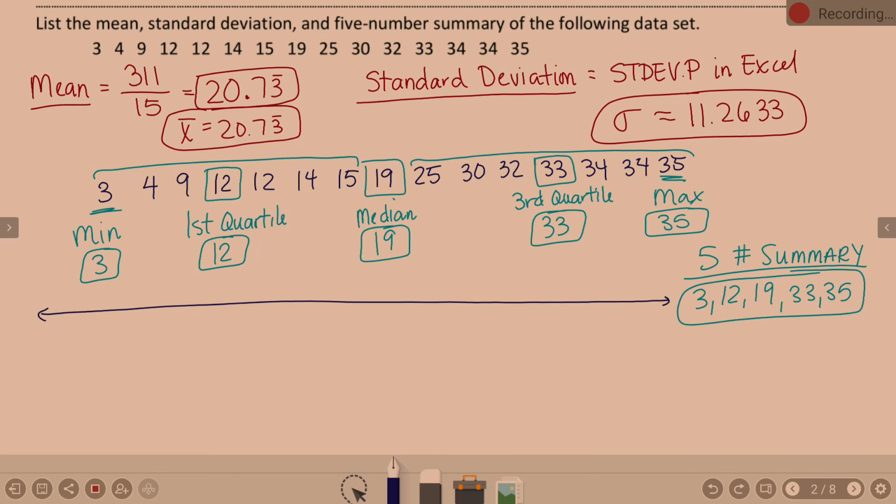I don't want to go by something as big as 5 personally because it makes it harder to mark the actual dots. So I'm going to count by 2s. 3, 5, 7, 9, 11, 13, 15, 17, 19, 21, 23, 25, 27, 29, 31, 33, 35. Either above your number line or below your number line, put your 5 points. So my points are 3, 12,